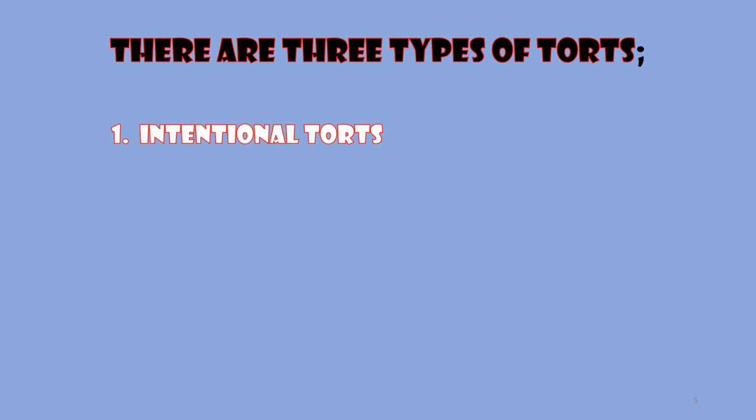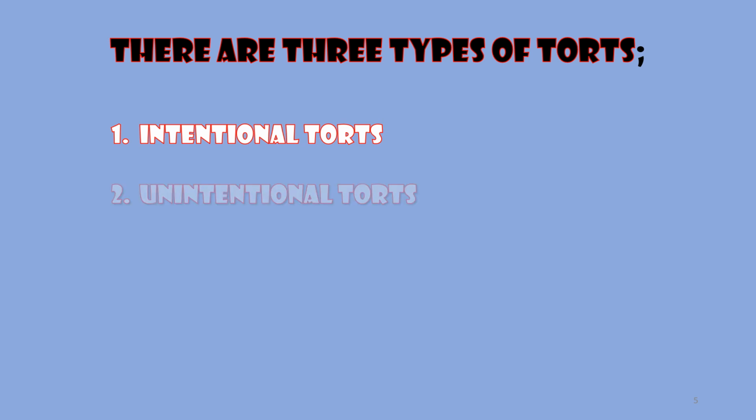If I decide to drop a flower pot out of the window, do I know that it's likely to hit the ground? The answer would be yes. Right now, if I drop the flower pot out of the window and that flower pot hit you in the head, that would be an intentional tort. I didn't necessarily know I was going to hit you in the head, but I knew it was going to hit the ground. I knew it was going to go down, so I'm responsible.